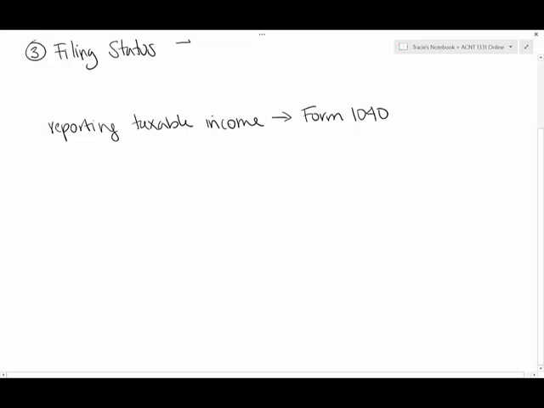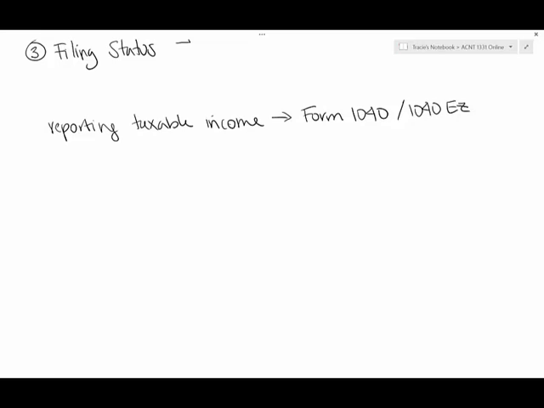There are some variations of Form 1040. For example, sometimes taxpayers file a Form 1040-EZ, which is an easier, more simplified version of the Form 1040. In this class, we're going to concentrate on the Form 1040 because it is the form that's generally used to